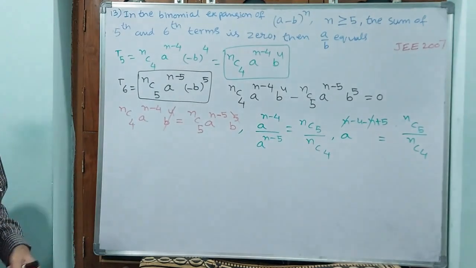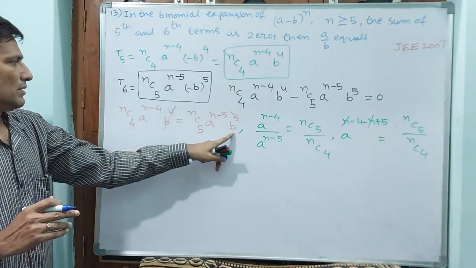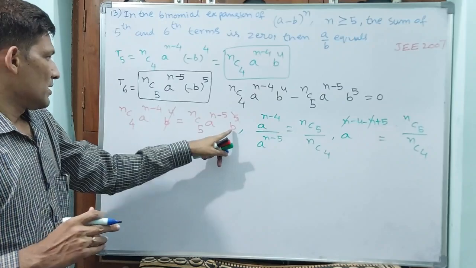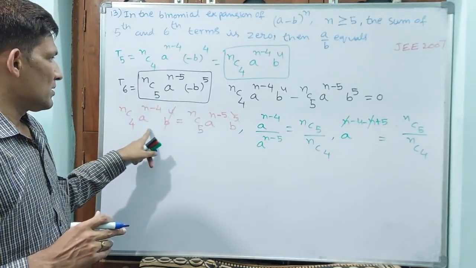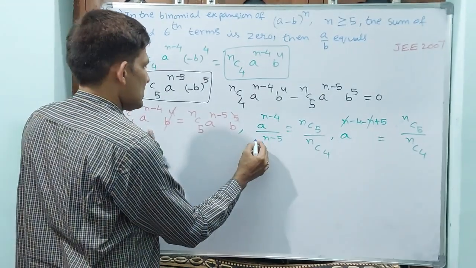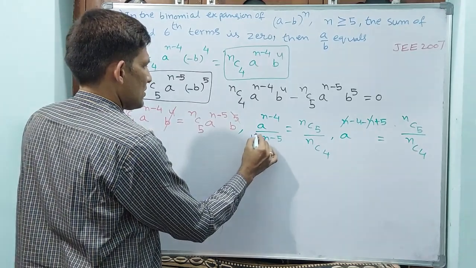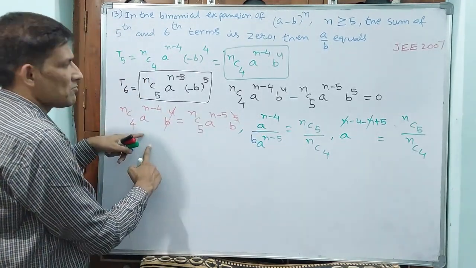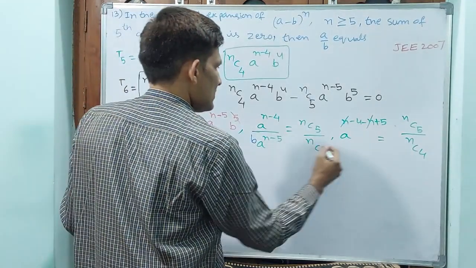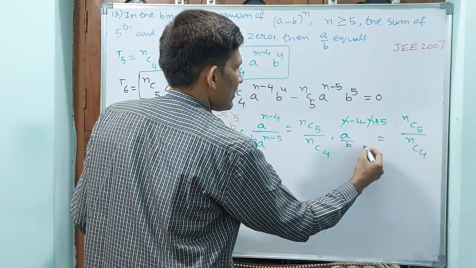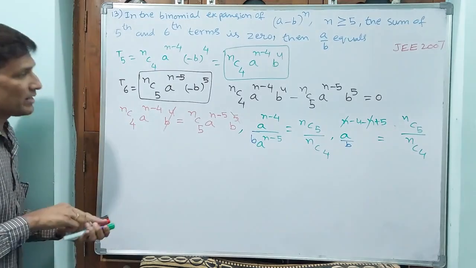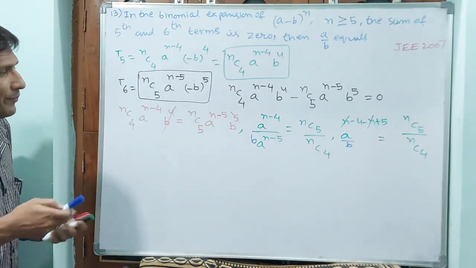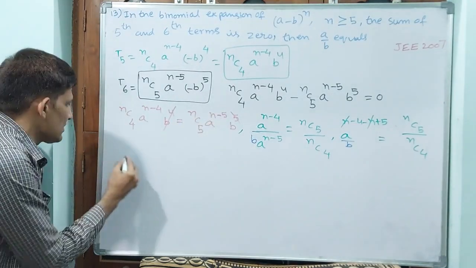Wait a minute, here b is there. See, b power 4 is gone, but b is still there. This b you have to transfer here, to this side outside, and a to the other side. That means on this side b is there, that means a by b. See what I am writing now: a by b is equal to